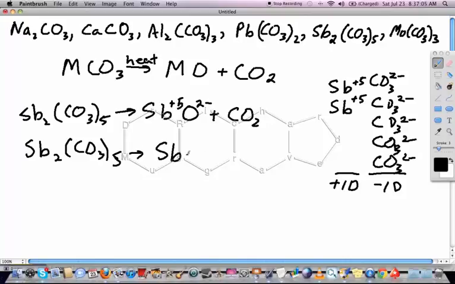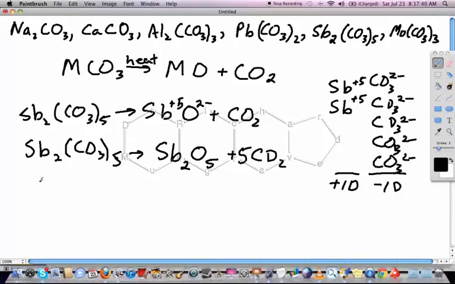So the formula of the oxide is going to be Sb2O5, and the way I come up with that is I've got 5 times -2, that's -10, and 2 times +5, that's +10. So that will match up. So we've got 5 carbon dioxides over here, and that's 5 times 2 is 10, plus 5 is 15, 5 times 3 is 15, 2 antimony, so we're all balanced. Alright, the next one, we've got